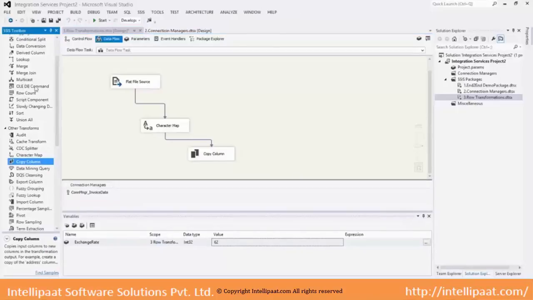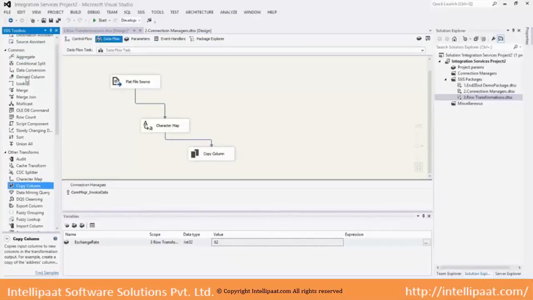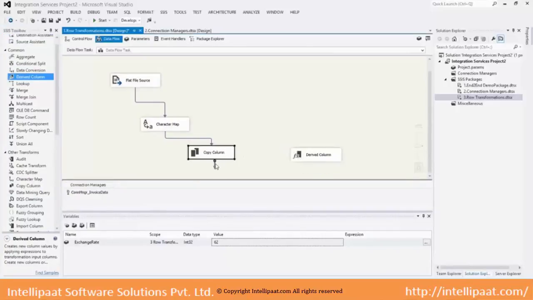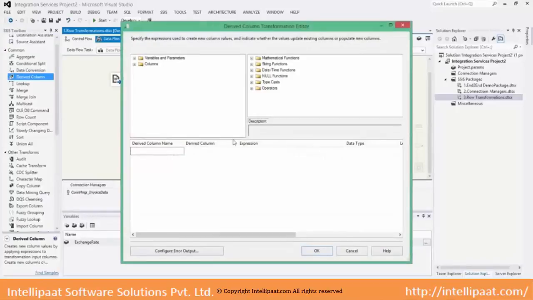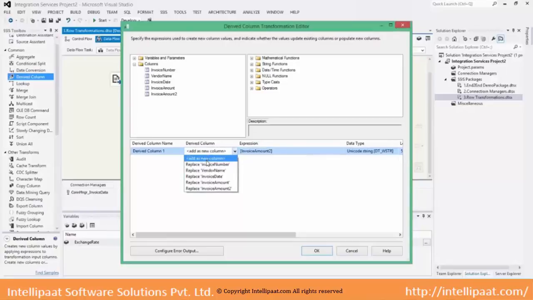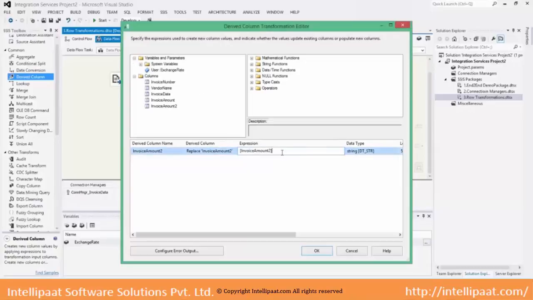What I will do, I will take derived column where I can write expressions. Here I will use invoice amount, the column which is created, and replace it in place instead of creating a new column, and to this I will multiply into the variable.